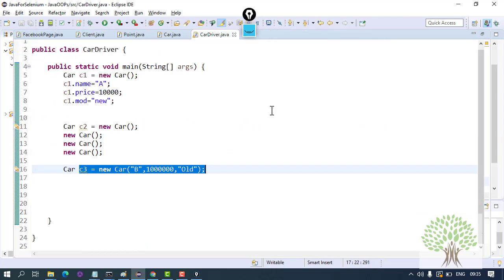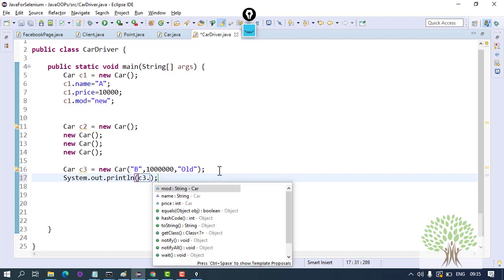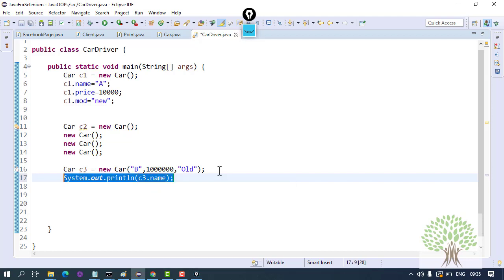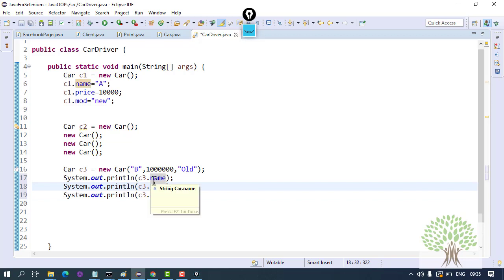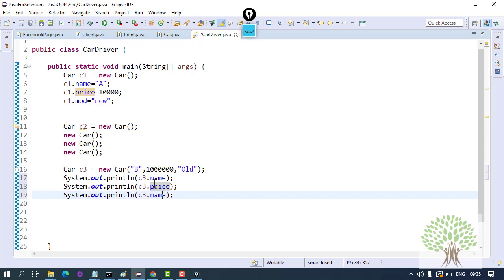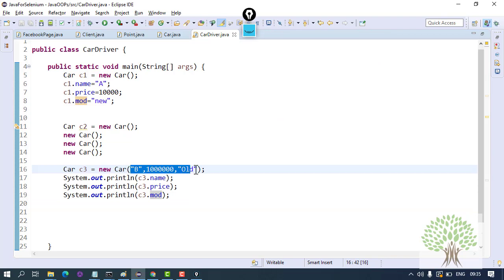So the object would be initialized. I can print C3 dot name, C3 dot price and model. So basically the constructor does nothing, but it initializes the state of the object. It saves your time and energy. You just have to supply the details in one go, separated by a comma, and that's it.